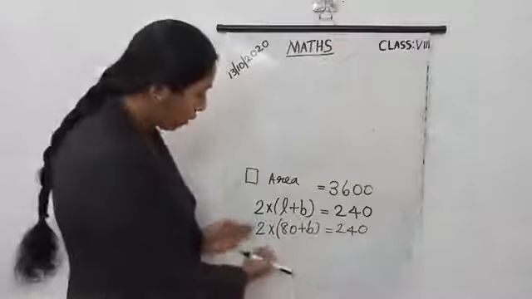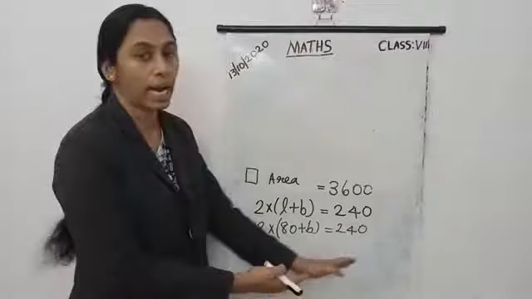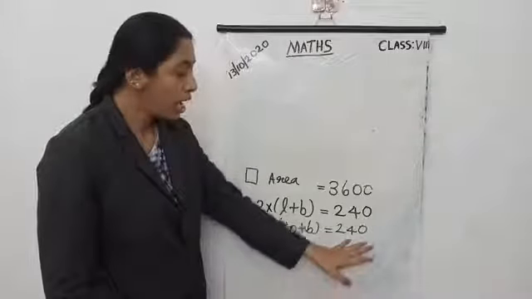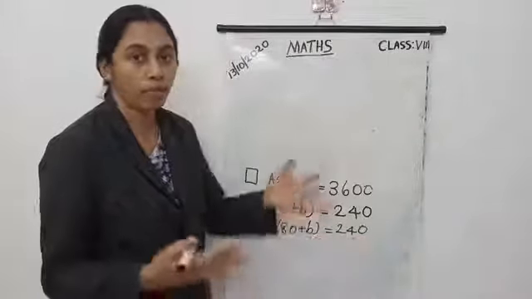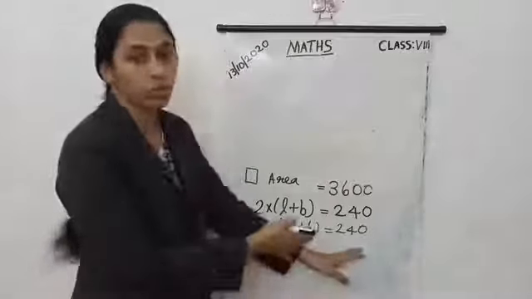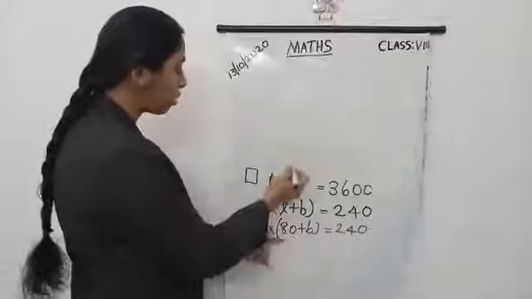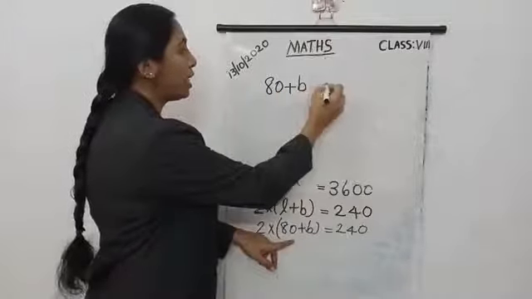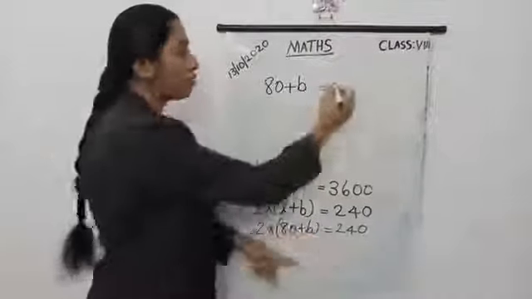Okay, so we transpose these two to the right hand side. This is the left hand side of this equation and this is the right hand side. You know very well, isn't it? So we transpose these two to the right hand side. So in this side 80 plus B equal to, here already 240